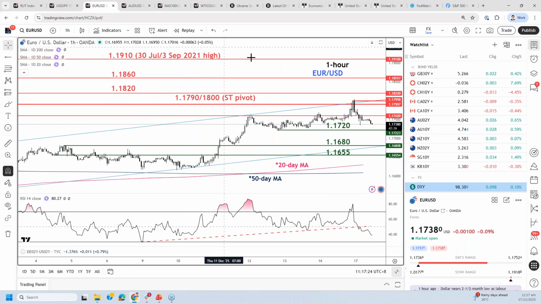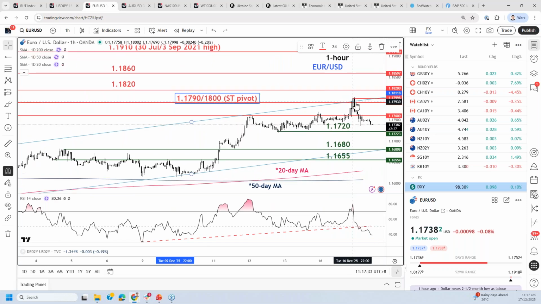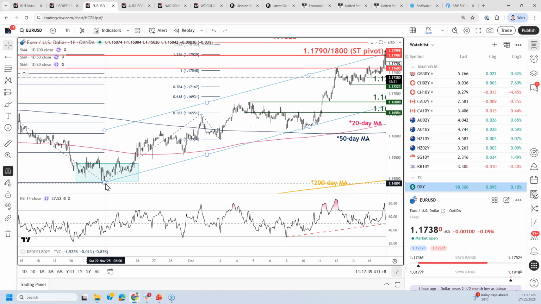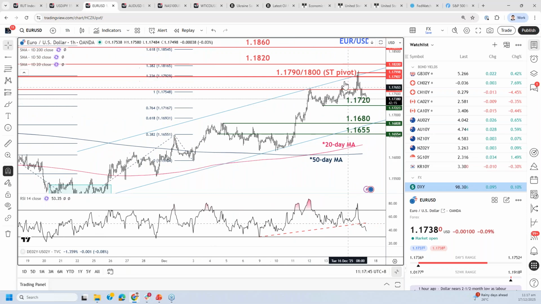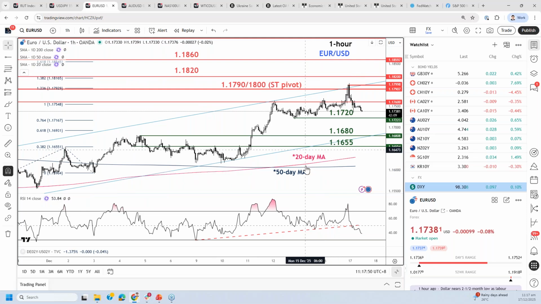Okay, so the euro dollar spiked up, hit our resistance level at 1.1790 before trading downwards. All right, so right now what we could see over here is that it already hit the upper boundary of this minor ascending channel that I've drawn from the low of 21st of November 2025. So all in all, it's still trading within a short-term uptrend phase within this minor ascending channel, as well as holding above the 20-day and the 50-day moving average. But we know that prices don't go vertical up and vertical down, they oscillate. So right now there is an increased risk of a downside oscillation, or what I call a minor mean reversion decline within this short-term uptrend phase of the euro dollar to retest the lower boundary of this minor ascending channel.